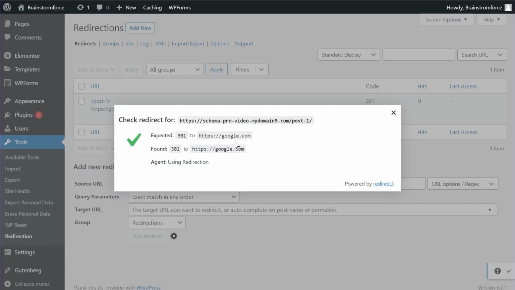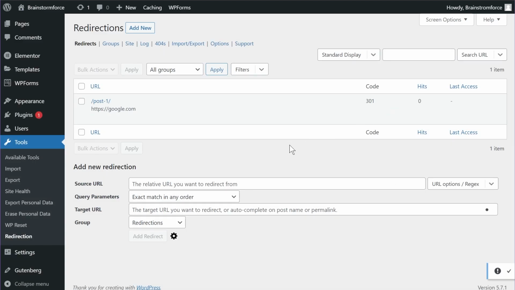But the plugin has a lot of amazing or interesting new features that might be very helpful to you if you are trying to be a power user, or trying to understand how you can control the content and the links on your website. So for the people who just wanted to know how to place a redirection, this video has done its job. But if you want to learn more about how to use the pro features, or use the plugin in interesting ways, just keep watching.